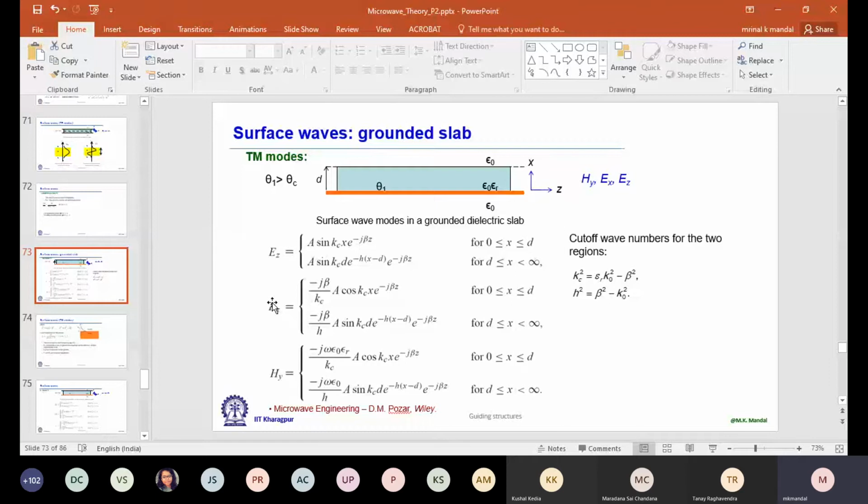This is a problem. So when we design, let's say, a band pass filter, in the stop band, what do we want? Attenuation, or better to say isolation. Isolation should be as high as possible. But because of this surface wave, we can't go beyond 60 to 70 dB of isolation. Even if you don't choose your substrate appropriately, what will happen? You will end up with just 30 to 40 dB isolation. Anyway, in most of the applications, 40 dB isolation is enough.